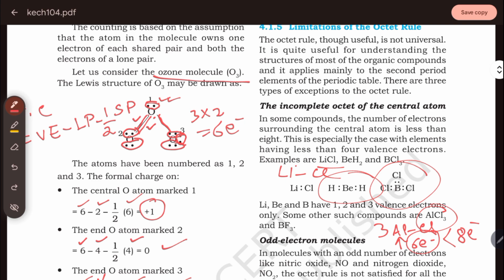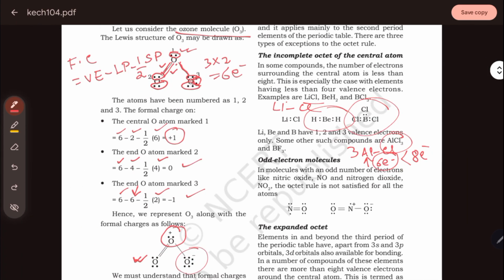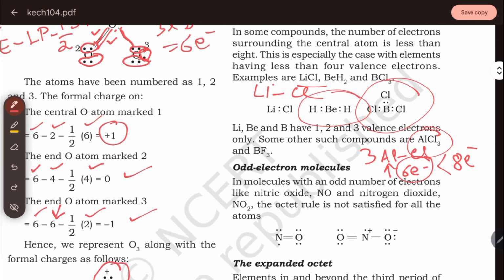Okay, so these types of molecules like AlCl3, which has less than octet configuration, later on we will see these are known as Lewis acids. Lewis acids means they have less than 8 electrons in the valence shell of the central atom, and they have the tendency of accepting electrons